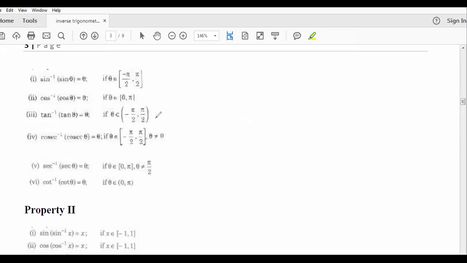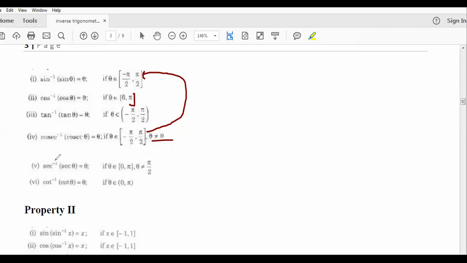So remember this thing. Okay, here the closed interval. In both cases it is a closed interval. Here is also a closed interval. Okay, now cosecant inverse and cosecant theta. Again, they cancel out as inverse functions. Theta remains. Theta is in the same range as in the sine function, except the point 0, because cosecant at 0 will be undefined. Is it clear, beta?